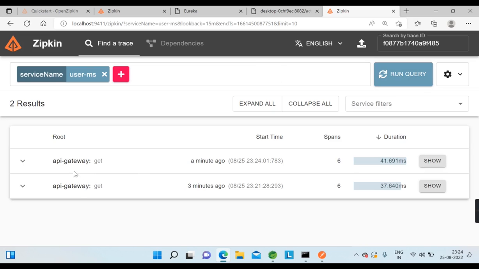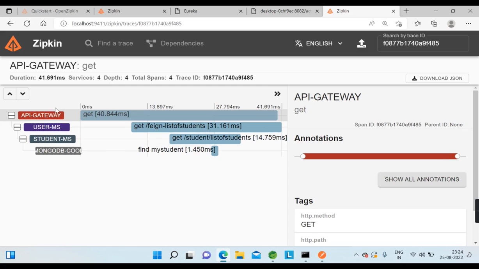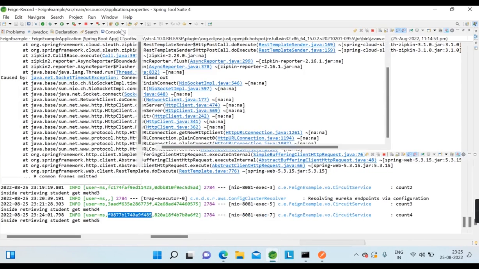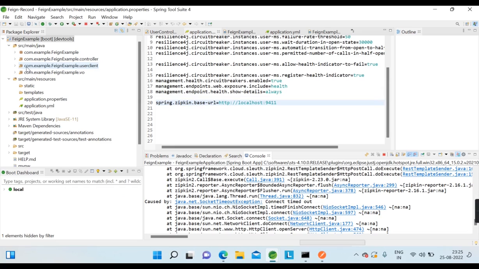You will get the details: API gateway root value, and a minute ago it got hit. The gateway has been hit, and you can search. This is the value. So we have user microservice, student microservice, and gateway. Similarly, this is a user microservice, this is the user service,